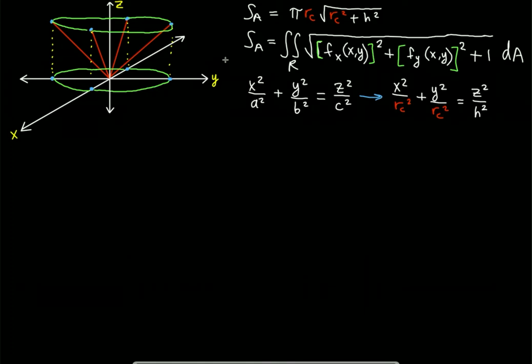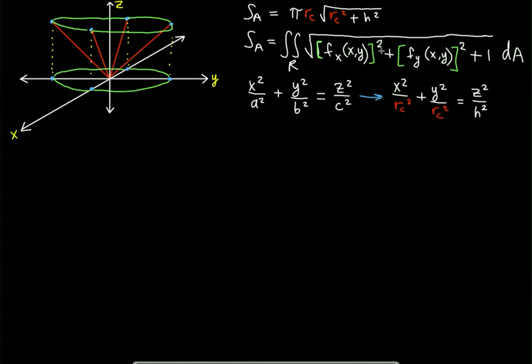Okay, so to do that, we're going to need to use a double integral. And as you can see, the surface area formula for the double integral is integrating over a region that we're going to determine. And we're going to have a square root in the integrand, and inside the square root we're going to have the function of x and y at the same time. So we're talking about a multivariable function, right? To be precise, of x and y, and we're talking about also finding the partial derivative with respect to x of that